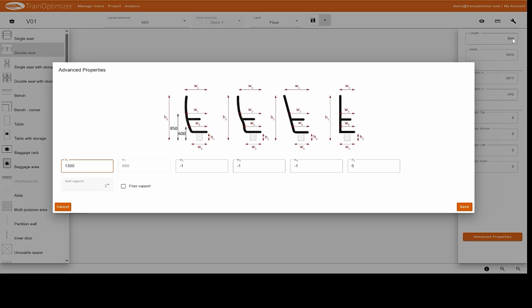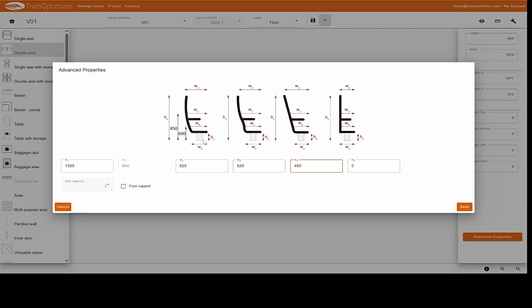W2 is a measurement at a height of approximately 850 mm. We can say that here the seat has a measurement of 620 mm. In the next step, we define W3 at a height of 600 mm, for example with a dimension of 520 mm. Then we specify the actual seat depth available, for example 450 mm,